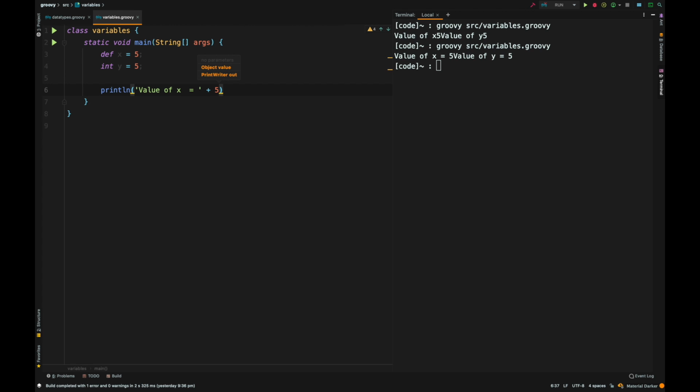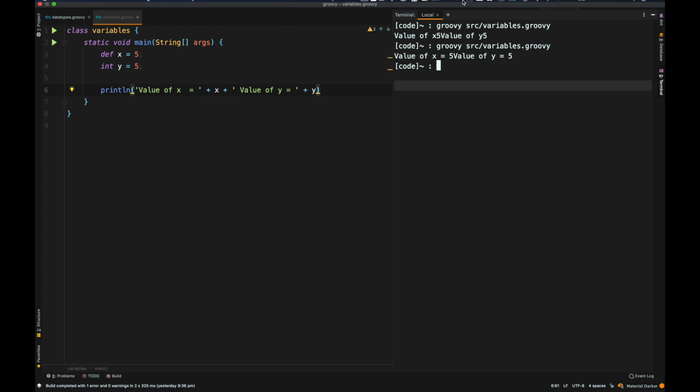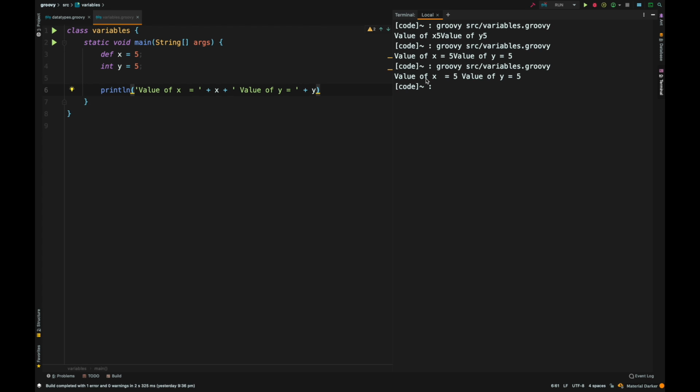Okay, now instead of value 5, I can just pass in the variable, and then I'm going to say plus again, and then I will just give a space here. It says value of y equal to, and give it a space as well, and then plus, and type y there. Now if I run the code, I should be able to see value of x is 5 and value of y is 5 as well.